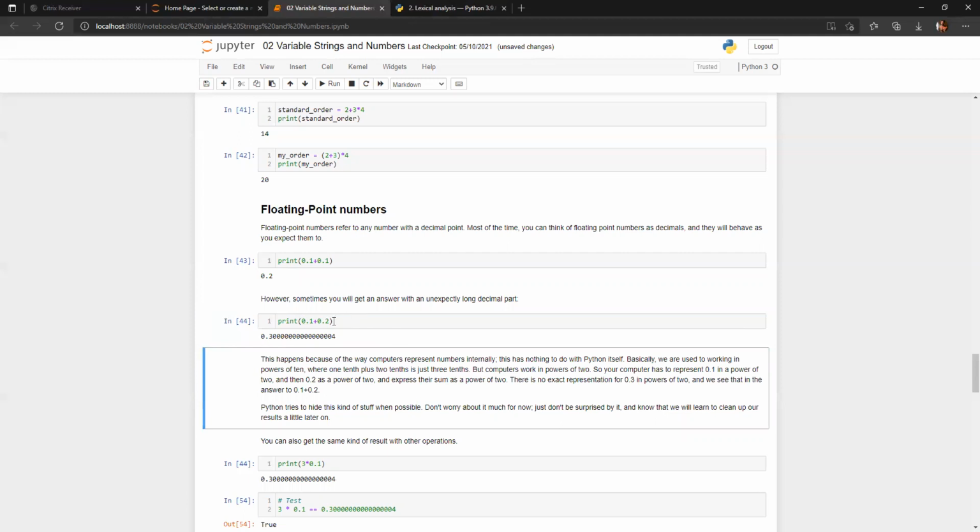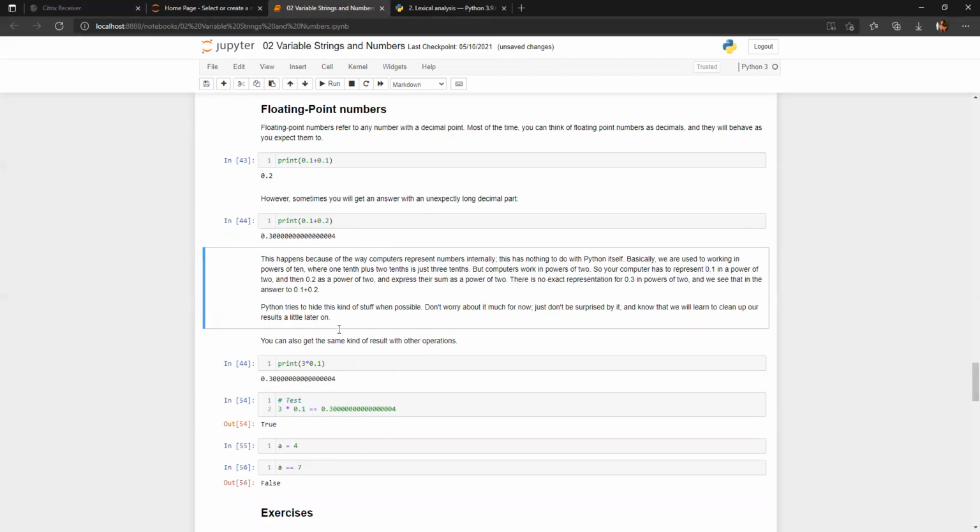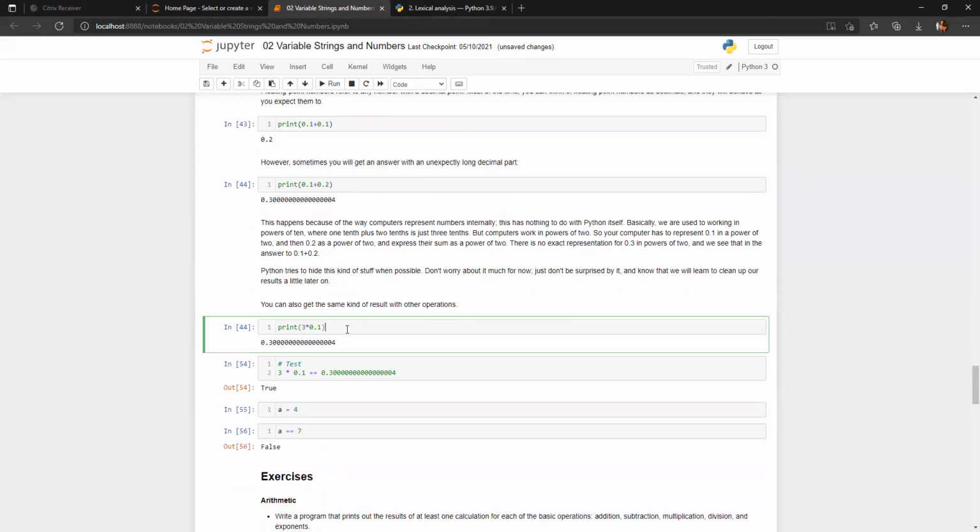There will be some cases where you will get long decimal places as output. That is because of the floating point numbers which are being given. Okay. So you can get some different results for that also. These are the same things, so you can perform both in the same manner as the one you have performed for integers.